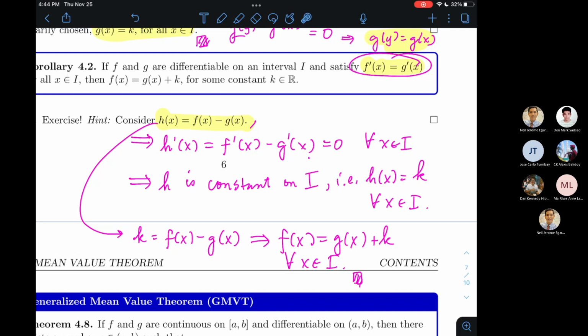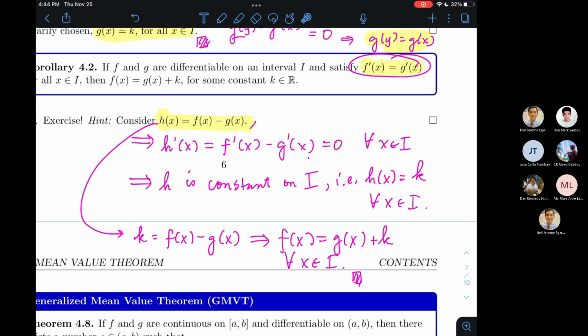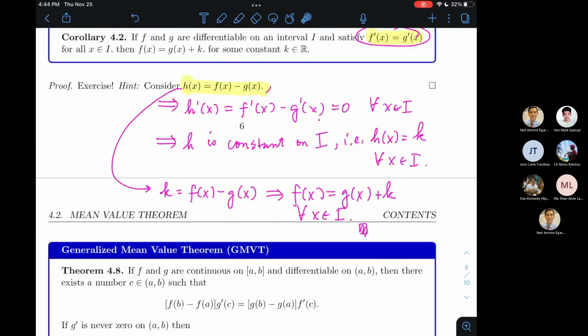Ang magiging conclusion naman doon ay dahil maximum or minimum lahat ng function values doon sa interval, then dapat yung function h ay constant. Pero again, that will require some more additional assumptions. Okay? But thank you for the suggestions, Carla and Ray. Okay, so that's 4.2, and that's one result that we are using when you did integration in your elementary calculus